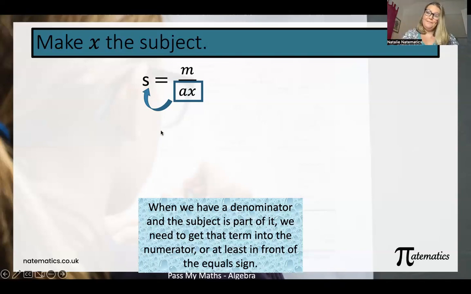So if this was, say, 1/4, or say x over 4, maybe just write that down, s equals x over 4, how would you get that 4 so it's up on the top? You'd multiply both sides, wouldn't you? Yeah. So to get rid of any numerator and any denominator,